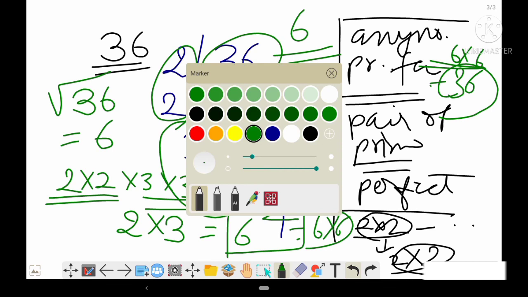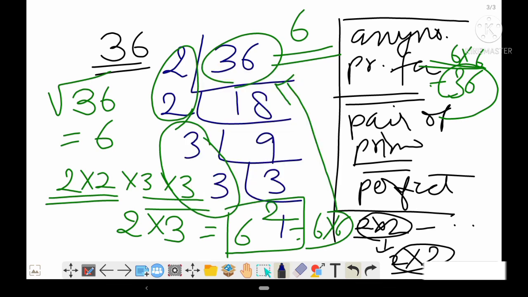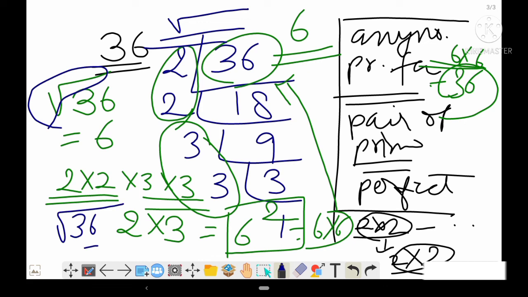So students, you may wonder what is this sign I use? So this is the sign of under root. So 36 under root means what is the root of 36? So 6. I hope you must have learned how to get the perfect square, the square root through prime factorization, and